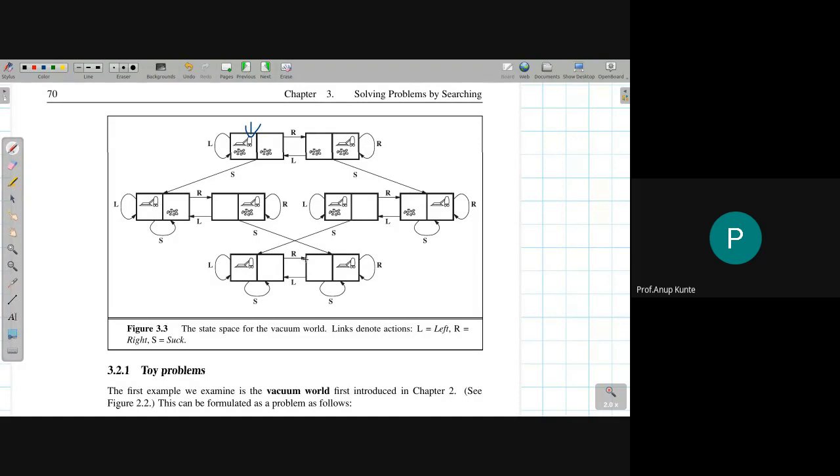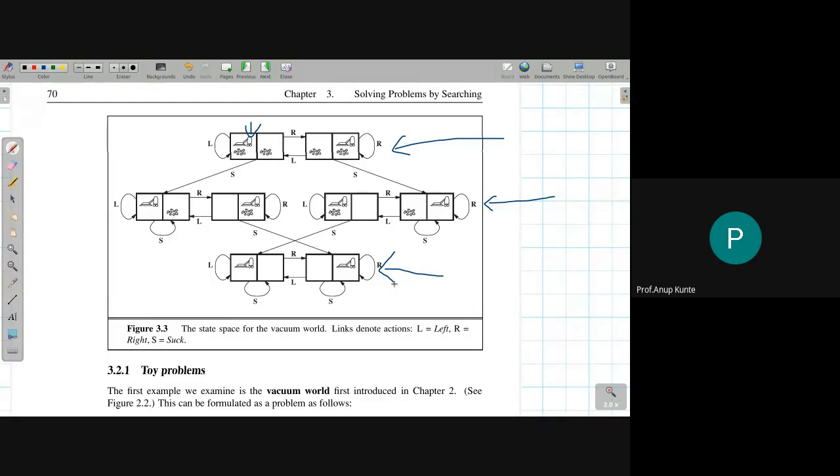3 actions possible in every single state. Okay, and how many states are there? 1, 2, 3, 4, 5, 6, 7, 8 states are there. Okay, vacuum cleaner in left room, vacuum cleaner in right room, dust in one of the rooms, dust in both the rooms, no dust. So I can describe that these nodes are all the nodes which are having dust in both the rooms. These are the nodes where there is dust in a single room, and these are the nodes where the dust is in no room. And you are able to navigate from one to the other case. And we are assuming that dust is not getting generated here.